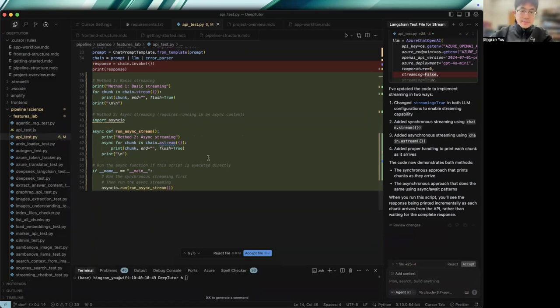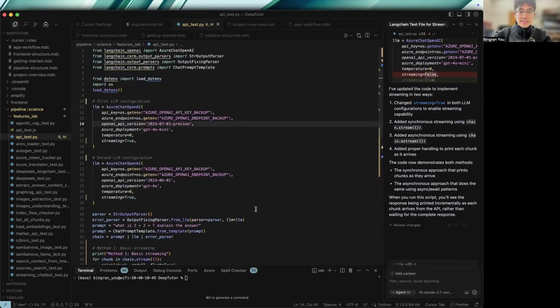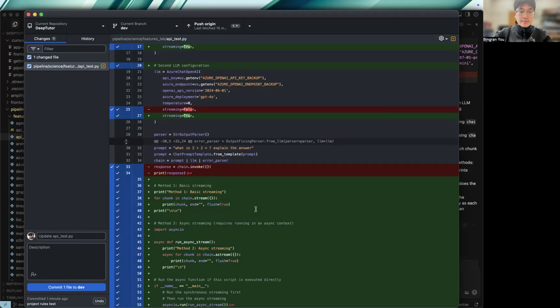So as you can see, we already have a bunch of things modified. You can accept them. You can try to run it and test the functionality of this single file. And if you just don't like it, discard all of them